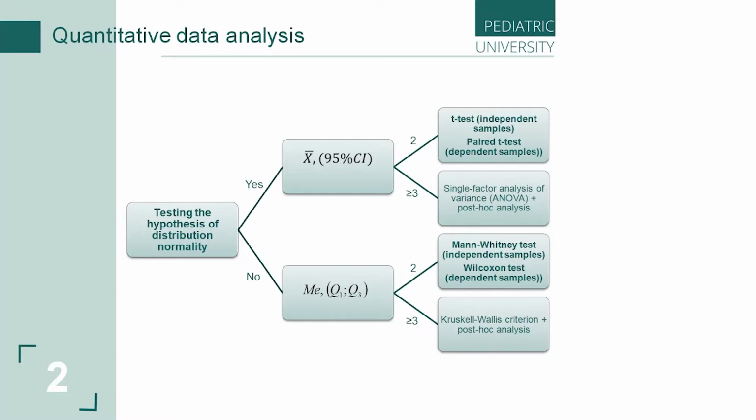Then we describe our data by its average value and indicate the 95% confidence interval in parentheses. You can also add a plus minus standard deviation to the average. This is also done, and I recommend that you do it because